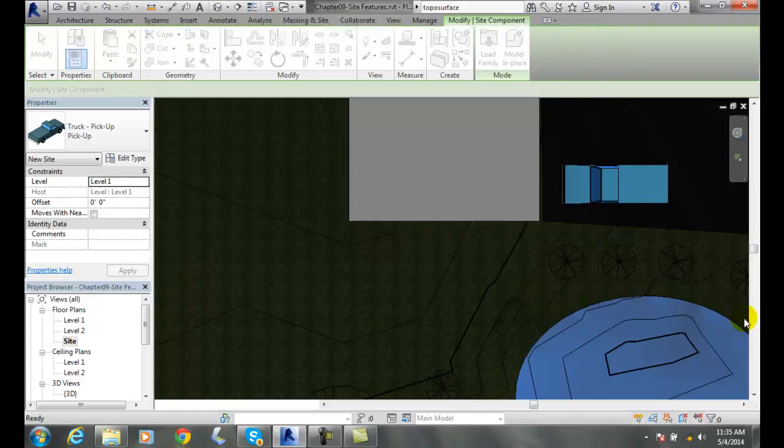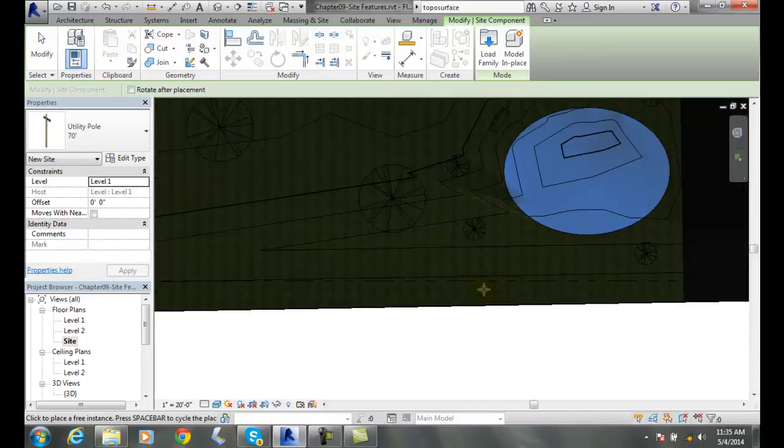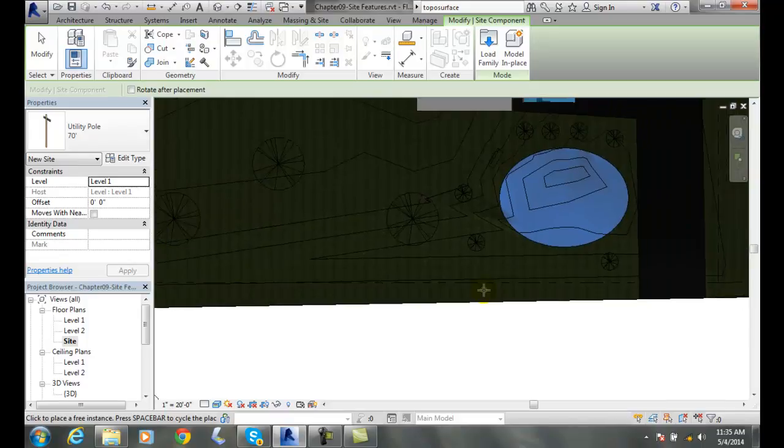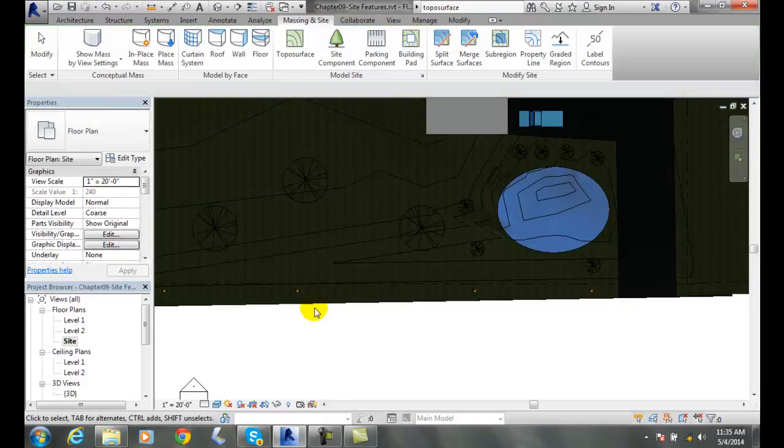I'm going to say OK, and I'm going to slide down here, and I'm going to go along my property line area out into the easement area. I'm going to put a telephone pole there. I'm going to put another one there, another one there, and another one there. Okay, and so I've added a lot of parking or site components in here,